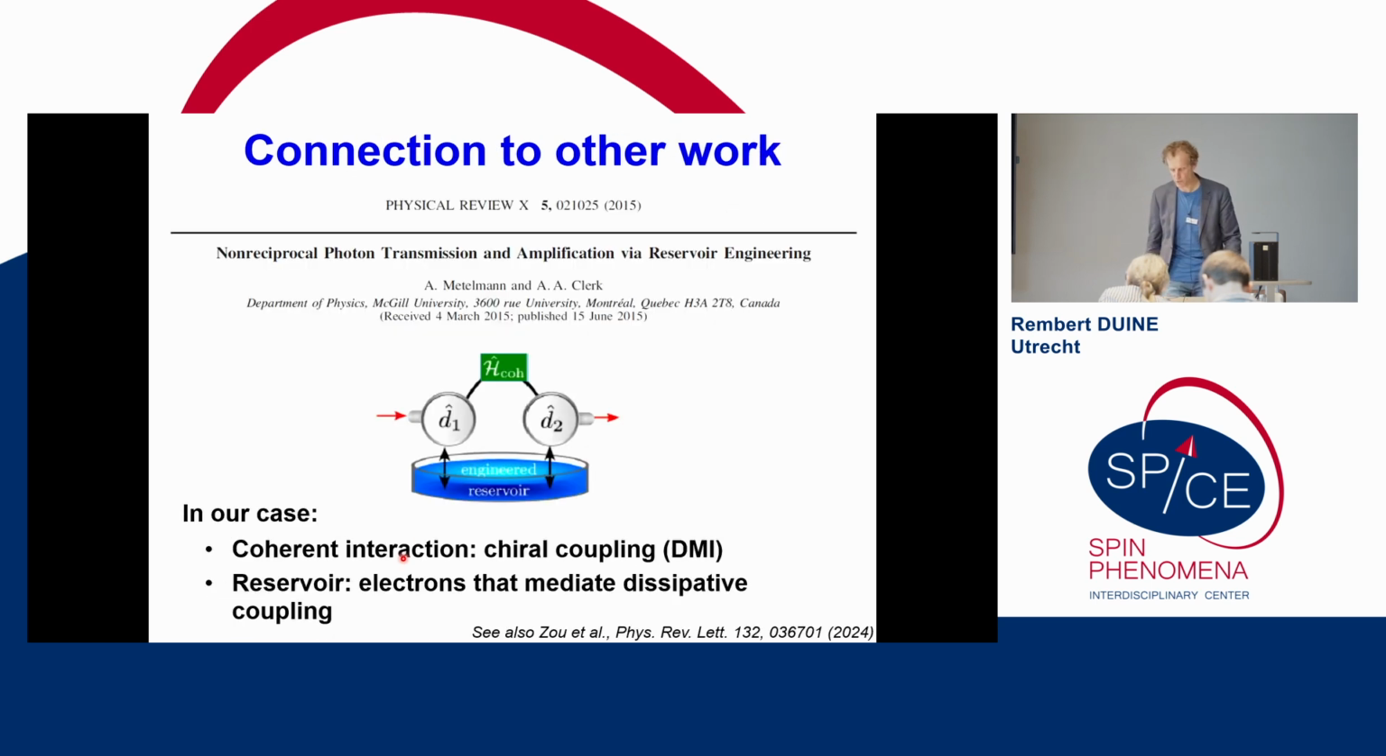Now, just to connect this to some work that I think some of you probably know very well. The example that I showed is a specific implementation of the idea advocated in this paper, that when you have coherent and dissipative interactions, it is always possible to balance them in one way and not balance them in the other way. In our case, the coherent interaction, as I emphasized, is this chiral coupling, the DMI. And in this paper they talk about these dissipative effects in terms of